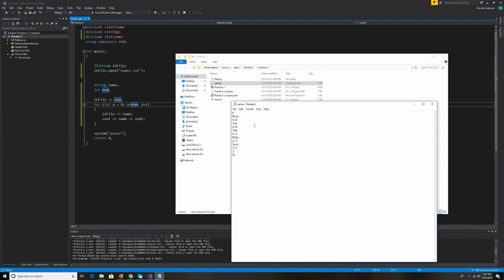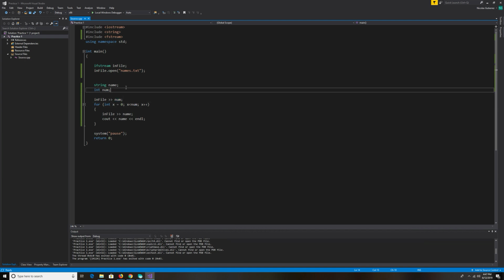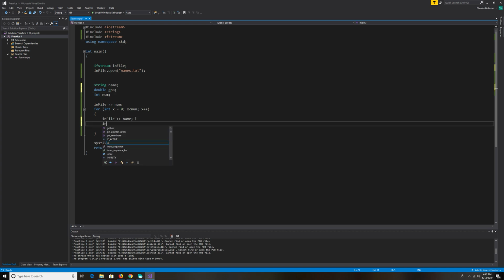So now the new way that I'm reading this, there are still 6 accounts. Nick and the 4.0 belong together. So it's got 6 people. I'm going to go ahead and the first thing I get is the num. Next, I need to create a double because it's a 4.0, so it's a double GPA. It's going to inFile name, inFile GPA,